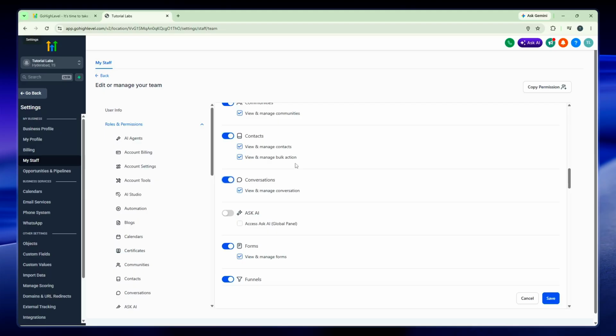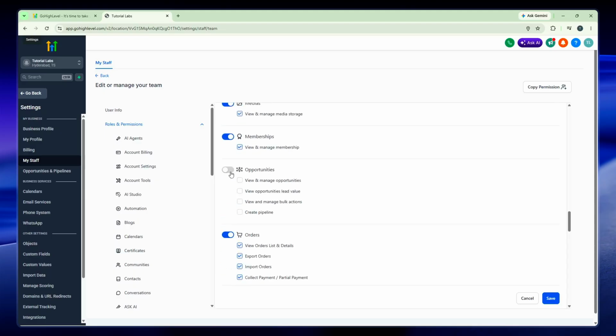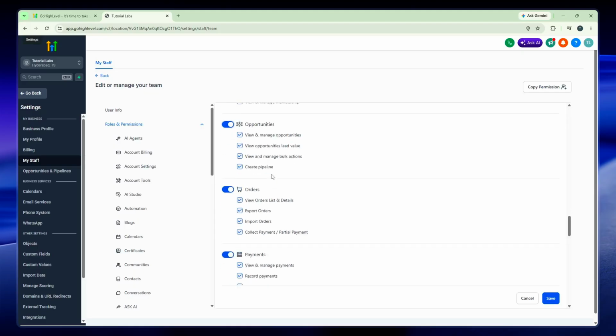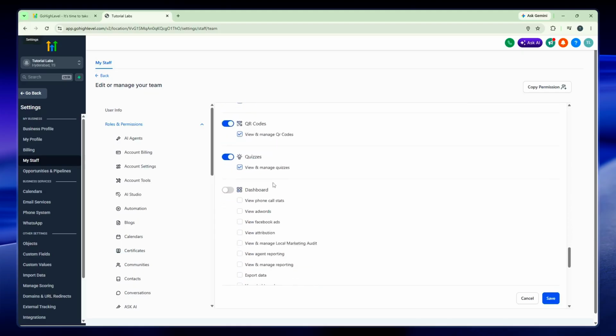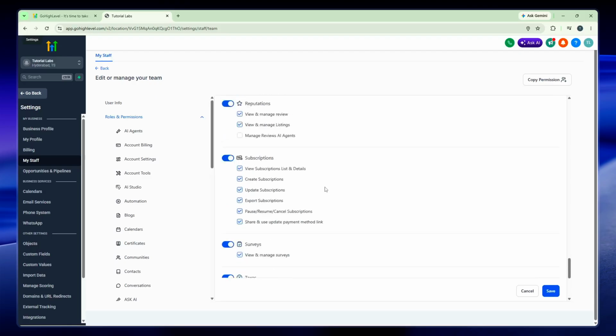Continue scrolling and locate opportunities in the list. Click the toggle button to enable it. This allows your client to track sales opportunities and manage their pipeline effectively. Also, find Dashboard and toggle it on. This gives them access to the main dashboard where they can see an overview of their account activity and key metrics. At this point, you can continue scrolling through the list and enable any additional features you want your client